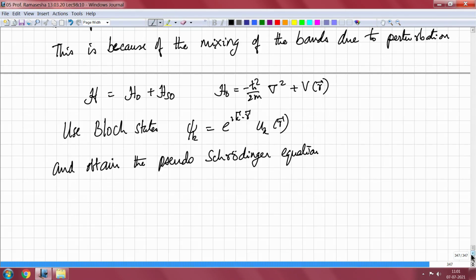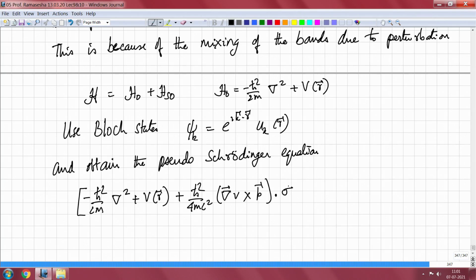We did this before in the case of effective mass theories, where we did a k dot p perturbation theory, but when we did that k dot p perturbation theory, we did not consider the spin orbit interaction term. So when we do the whole thing, then we get the following pseudo Hamiltonian, which is minus h cross squared by 2m del squared plus V of r plus h cross squared by 4 m squared c squared times grad V cross p